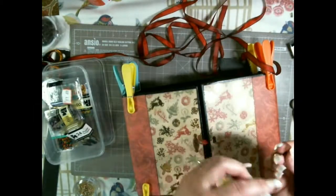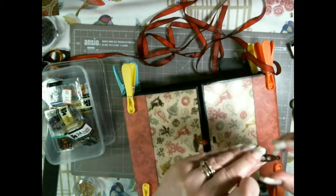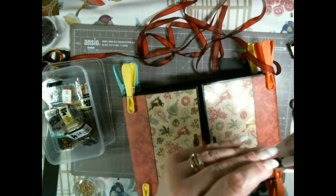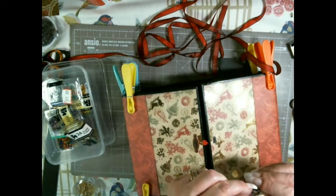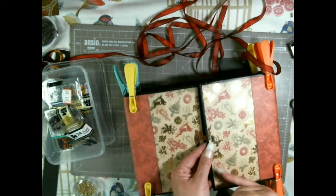Okay, I haven't put it on yet. I've got my key. Now, I'm going to put the folded edge of the grommet, it's a tiny little grommet, up towards the key, because this is really thin metal. I don't want it cutting the metal. So I'm going to put the sharp edge towards the paper. That should be fine. As you can see, I've marked out where the keyhole would be,